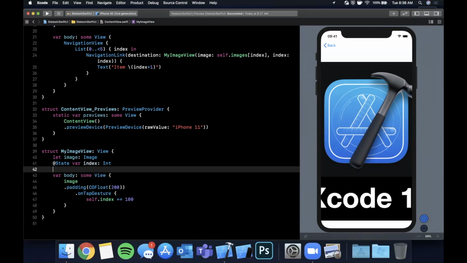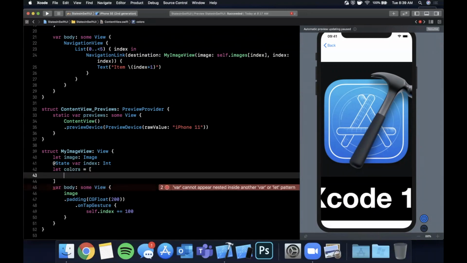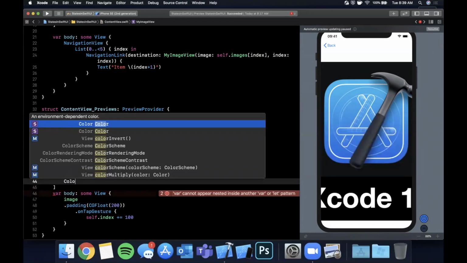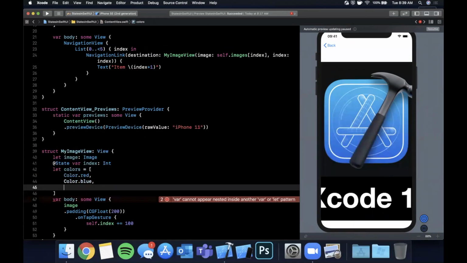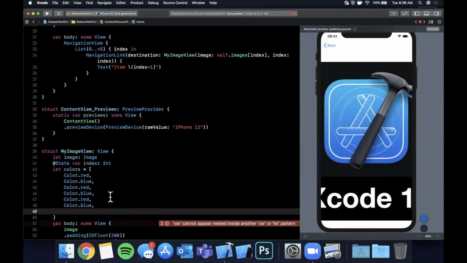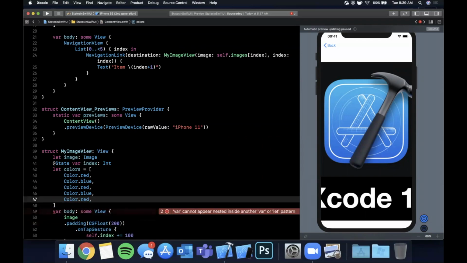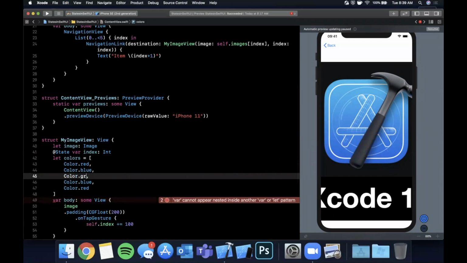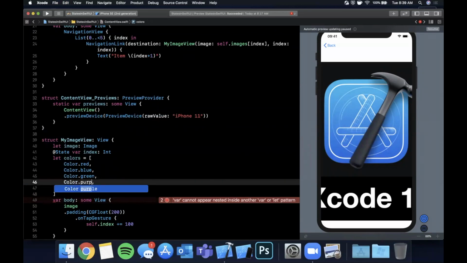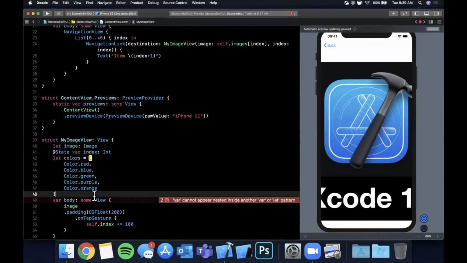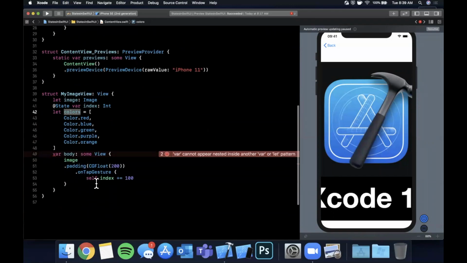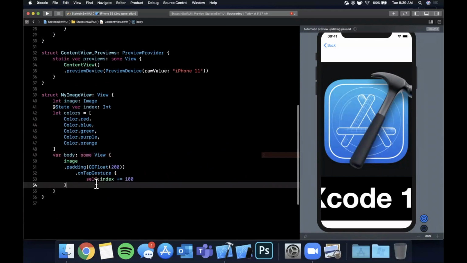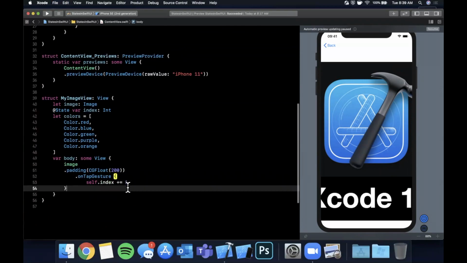So let's say we have an array of colors in here. So let's say we have colors, and this is color.red, color.blue, and we'll go ahead and have 5. So we're going to say red, blue, green, purple. Let's go with orange. And we'll say, so we're still going to increment the index, but by 1 this